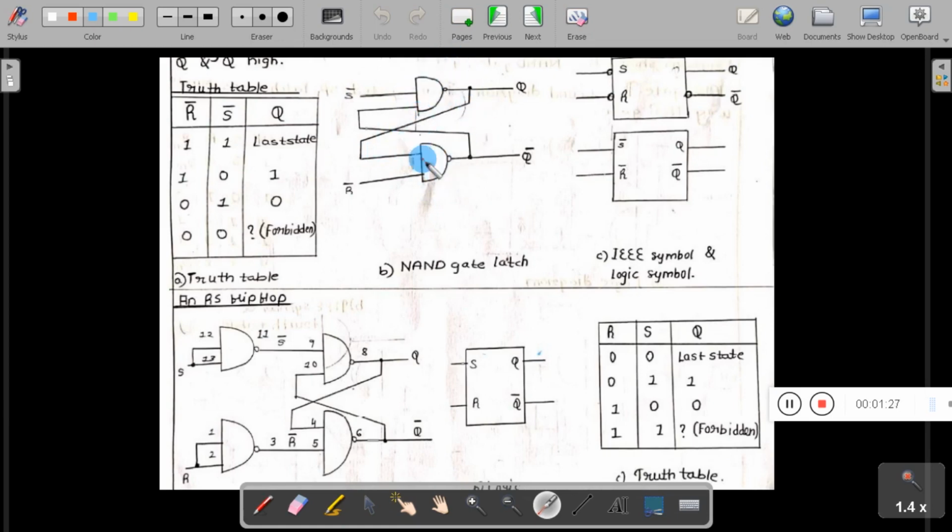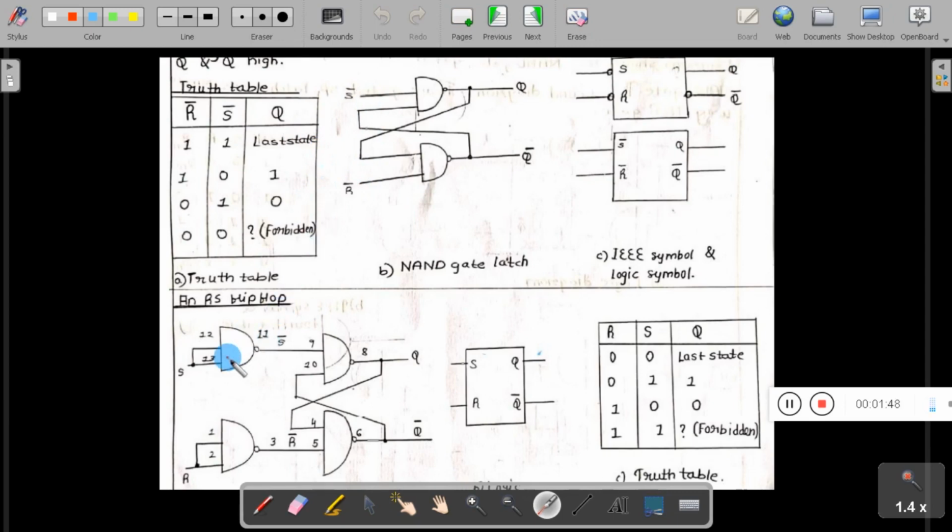So when you implement the latch by using a couple of NAND gates, it is called an S bar R bar latch. It is not called an SR latch, because there is a variation in the truth table or transition table. In order to get the exact transition table that we are supposed to get for the SR latch, we need to add 2 more NAND gates here.